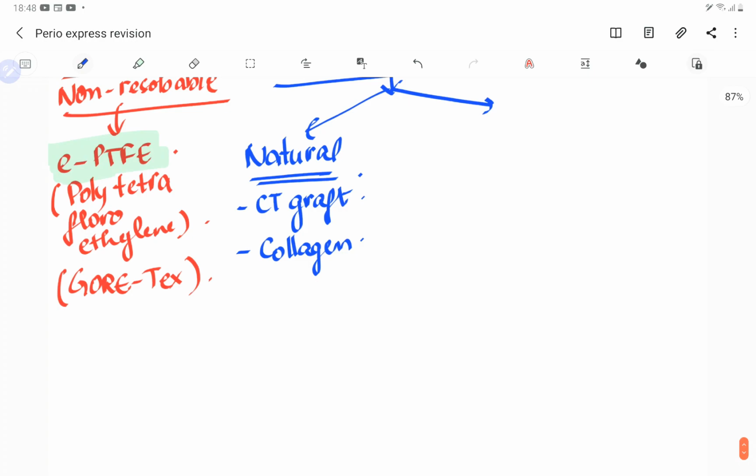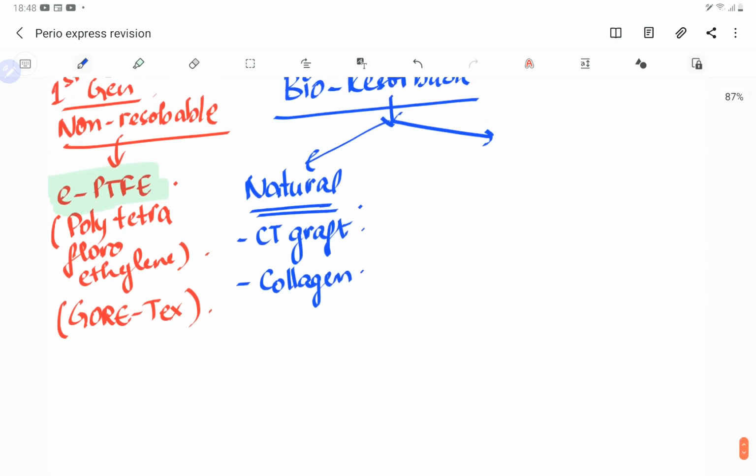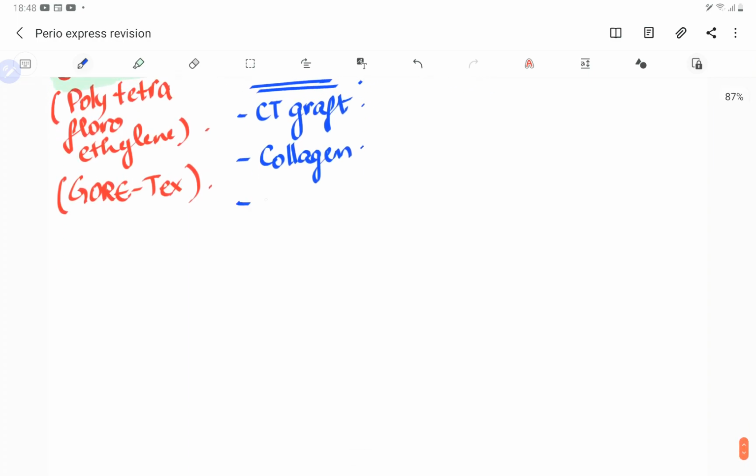So guys, collagen, again there are so many companies, Biomed, BioGuide, Paraguide, Tissue Guide, all these brands come with a collagen bioresorbable GTR graft. Oxidized cellulose, Durameter, so all these are the, let's write these also, one second, oxidized cellulose, because that is also important. This can be again asked as a question, that which are the bioresorbable, or like that question can be asked.